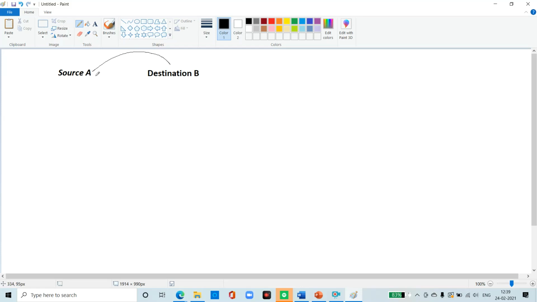This is the first route, then the second, the third. There are traveling modes, that is X mode, Y mode, and Z mode. Each traveling mode has a different time and cost from source A to destination B, having different traveling time and traveling cost.